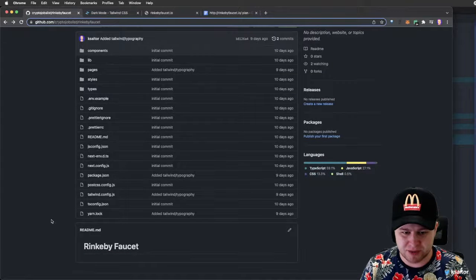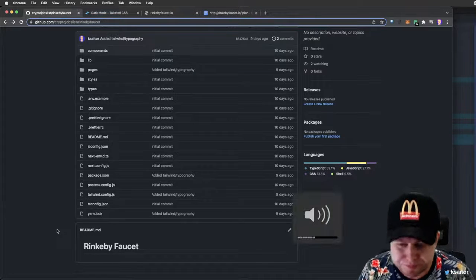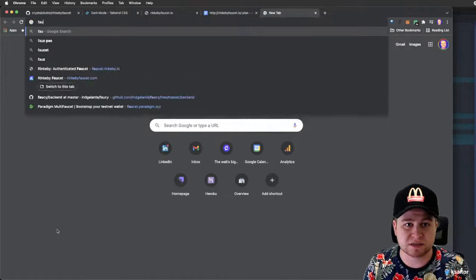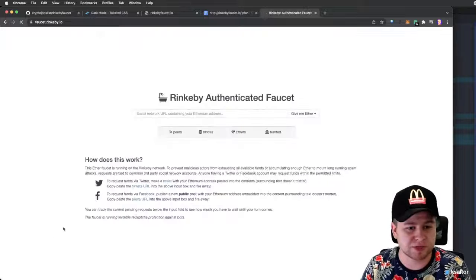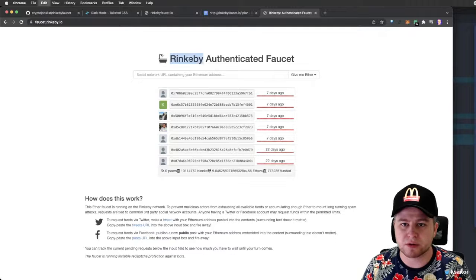Rinkeby faucet. I still do not know how to pronounce Rinkeby faucet properly after all these years, but here we are. All right. So the reason for this is because the faucet at Rinkeby network, pretty much everyone knows that it's barely operational. It barely works. So we need more alternatives that are giving people Rinkeby